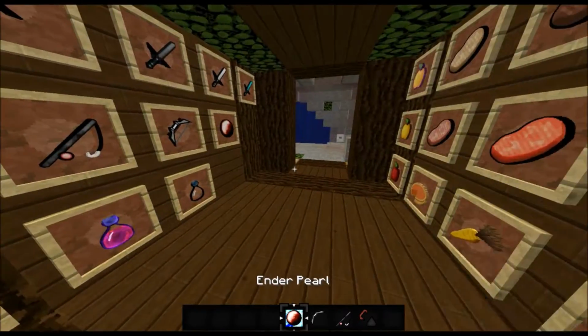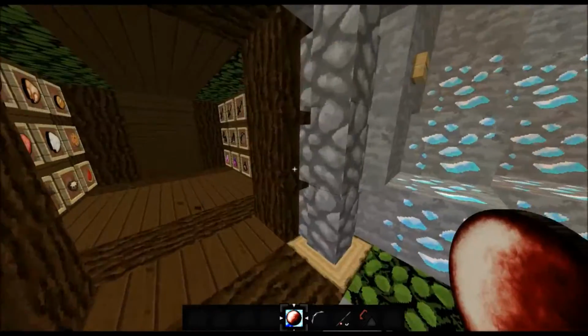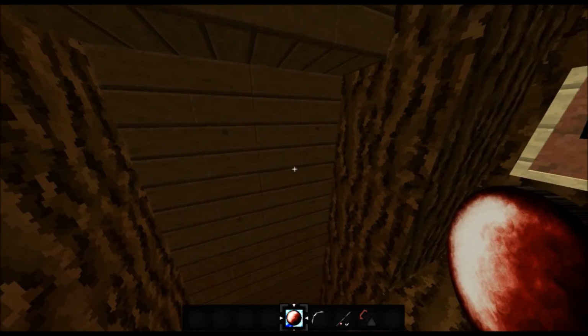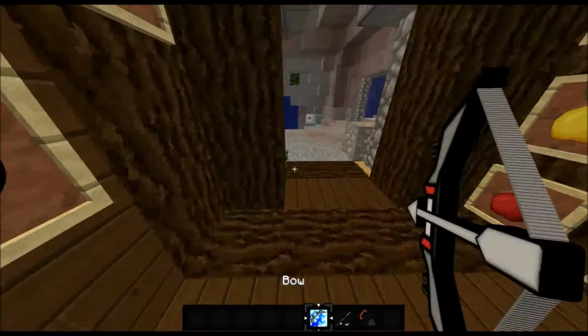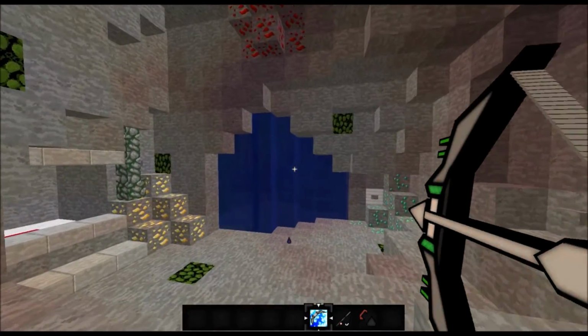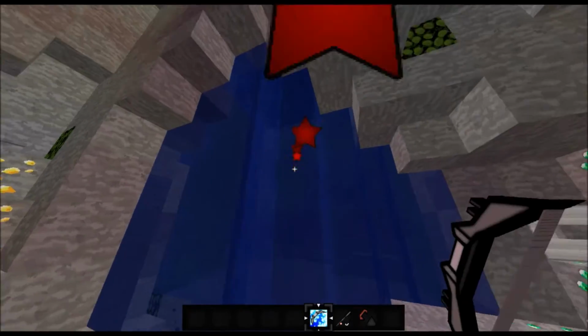The ender pearl is completely different. It's got a red and white tint to it, and it's like a ball. Less of an ender pearl feel, but you know, it's its own opinion. I like the bow personally. It's very nice. I like the star particles coming out of it,